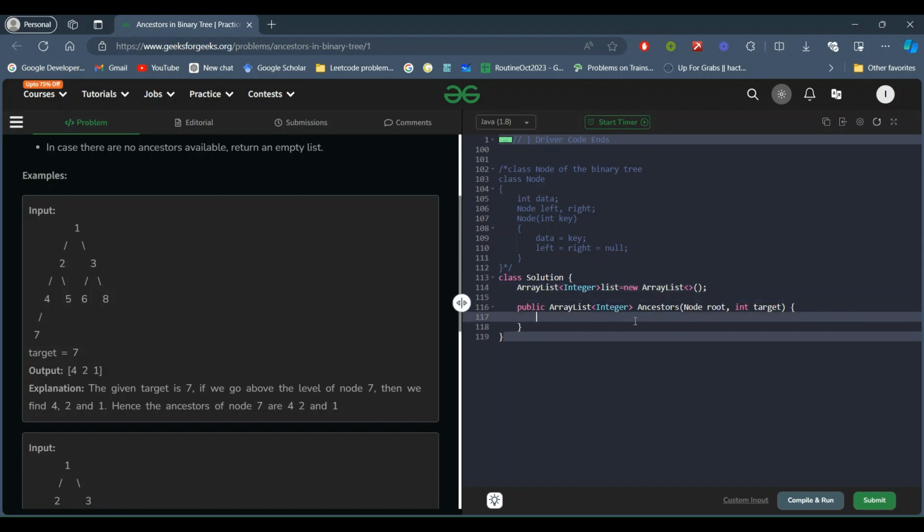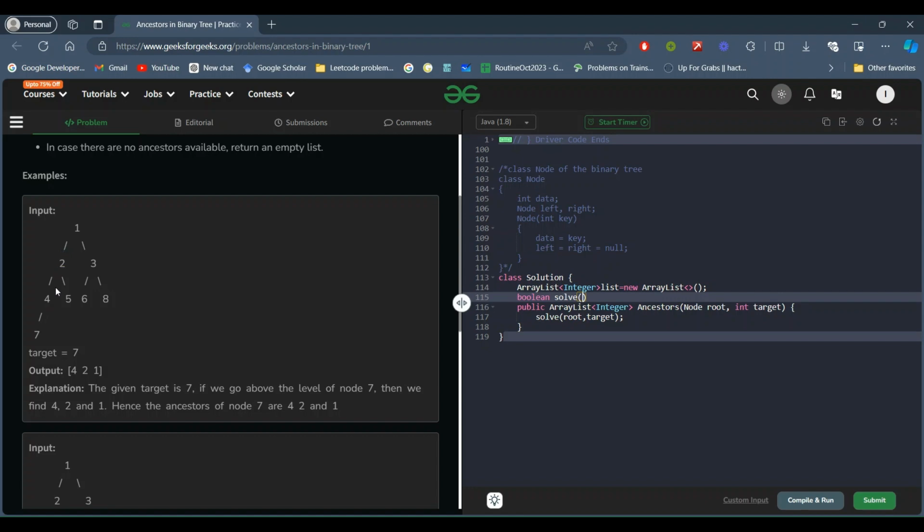Now we will make a solve function where we will pass root and target, and obviously the list is outside the function and can be used by any function in the class Solution. We will use a boolean type of solve, because if we get the value in the left or right of its